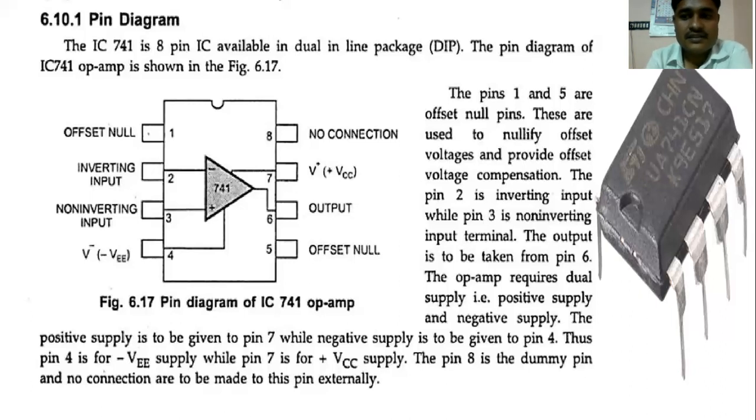You can see the actual IC here. Whenever you use the IC, there is an IC number on top. Here we have shown the IC741 in black. The notch is there. From the notch, on the right side, starting from pin number 1, the numbering increases going to the left side. This is an 8-pin integrated IC.